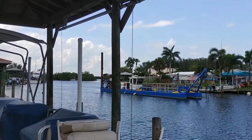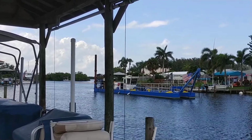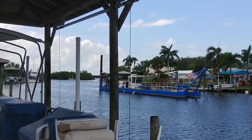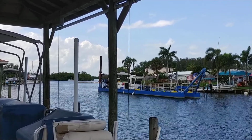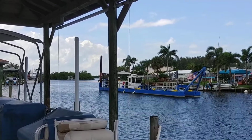So this spoil material, this dredge material is coming out on the back end of this platform into the pipe. It goes down the canal. It makes a right turn, and it travels about a mile and a half, something like that,